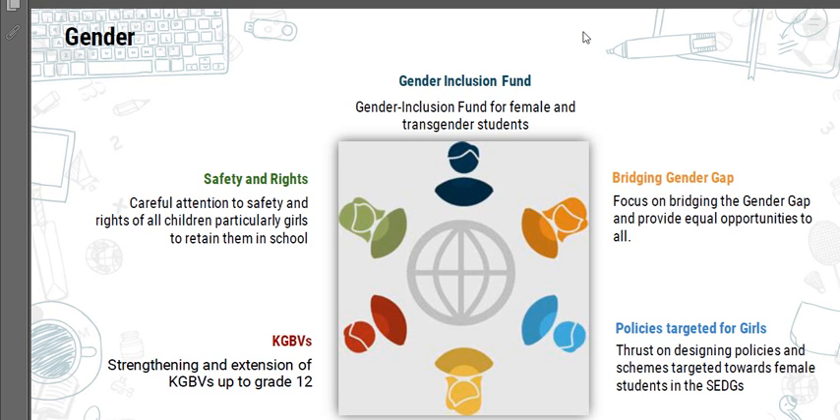Policies targeted for girls. Thrust on designing policies and schemes targeted towards female students in the SEDGs. Gender sensitivity. Gender sensitivity to be an integral